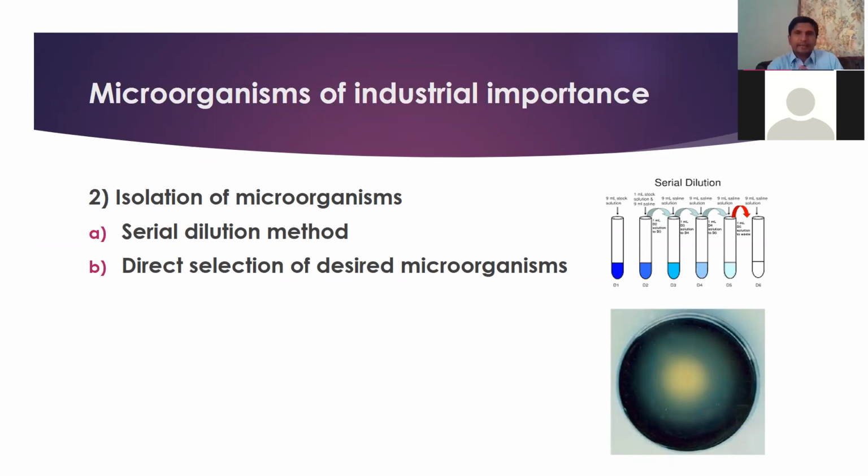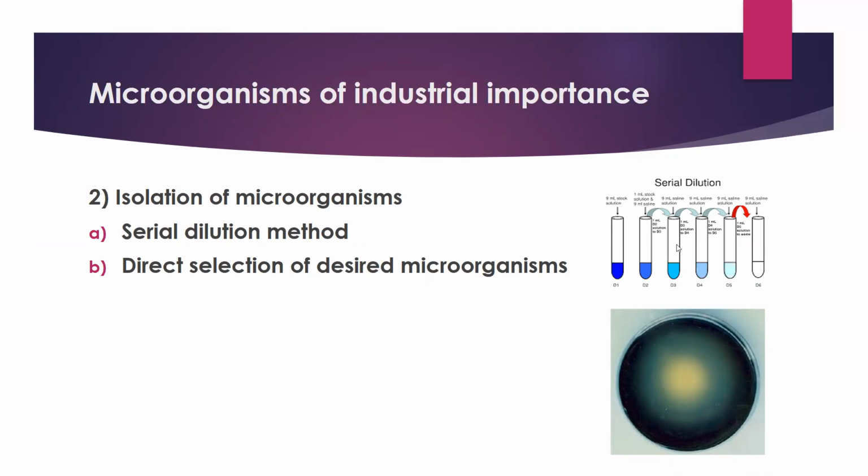In the serial dilution method, if you look at the picture here, what we do is we collect a particular sample from a particular source. Let's say we can collect samples from water, or we could collect a sample from soil. In the next step, we would perform a serial dilution. One thing, we can also directly spread this water or the soil